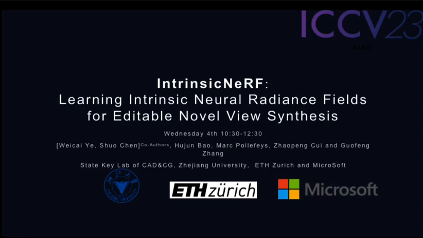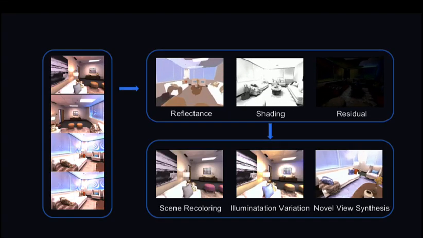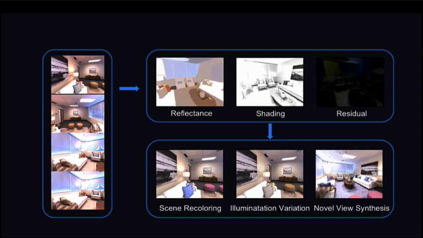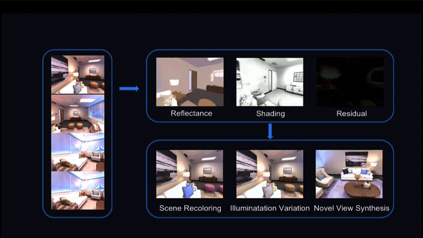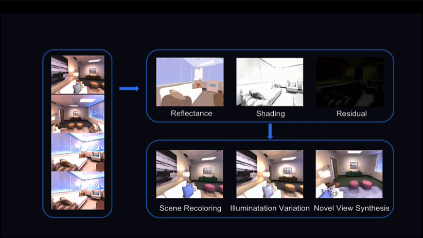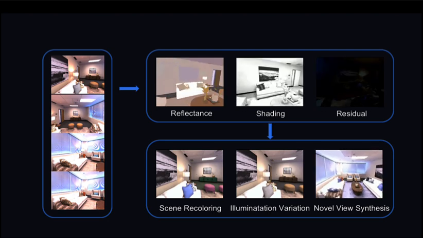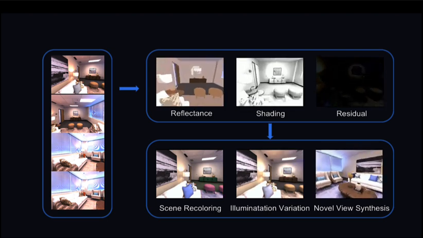IntrinsicNeRF, learning intrinsic neural radiance fields for editable novel view synthesis. Given a set of multi-view images with camera pose, IntrinsicNeRF can factorize the scene into the temporally consistent components, reflectance, shading, and residual layers. The decomposition can support real-time augmented video applications such as recoloring, illumination variance, and editable novel